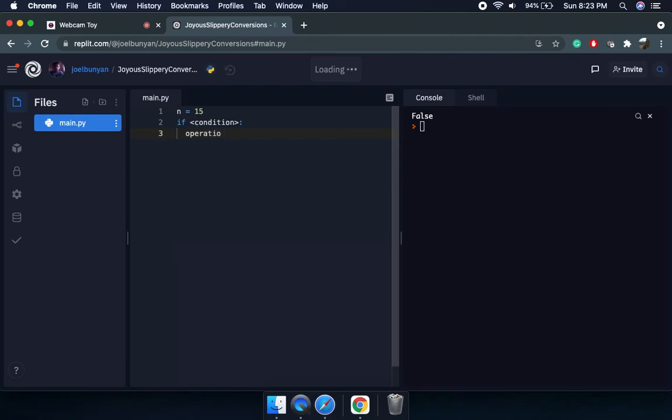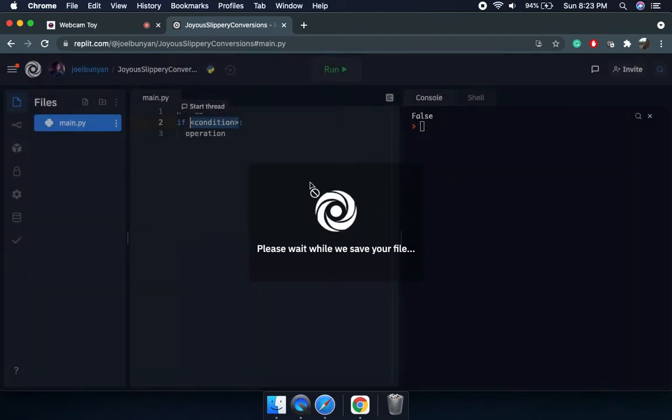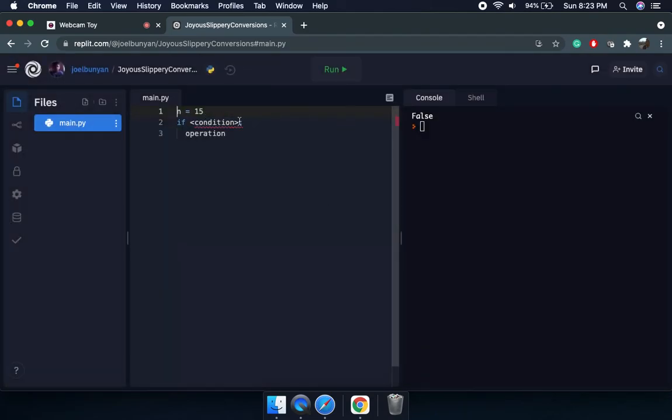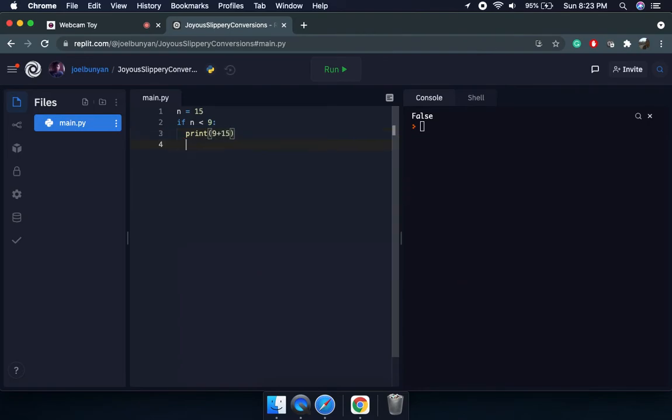So in this case I can just say, if n is less than 9, I can do an operation like print 9 plus 15, and yeah, this is how it works.